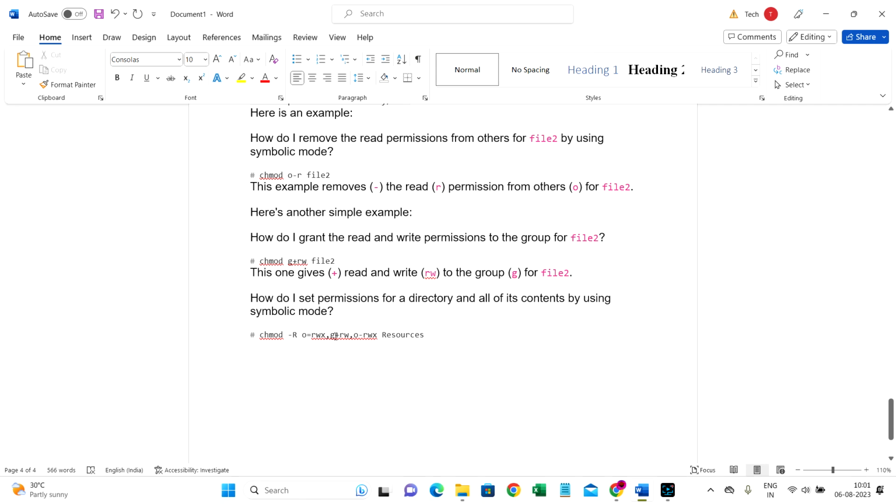For group, it increases read and write permission, and for others, it removes all permissions present and sets them to 0. For a numerical example, we can replace this command with chmod -R,